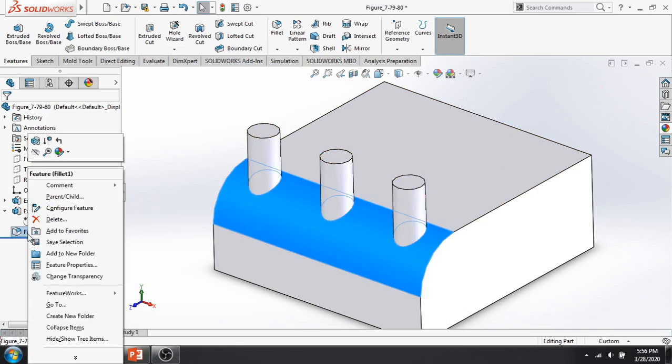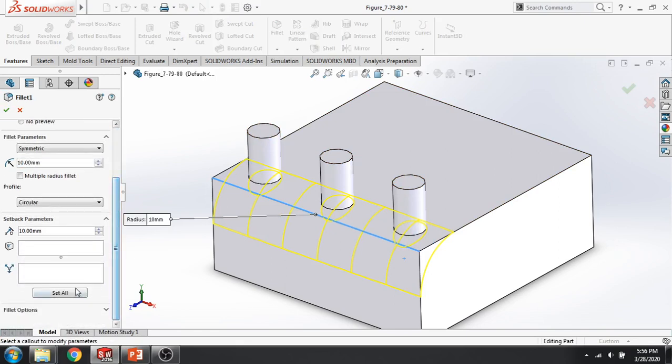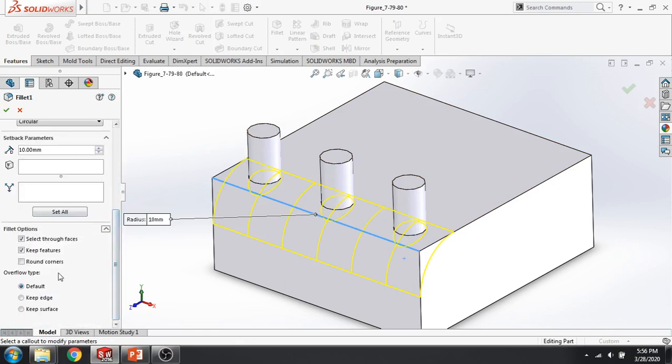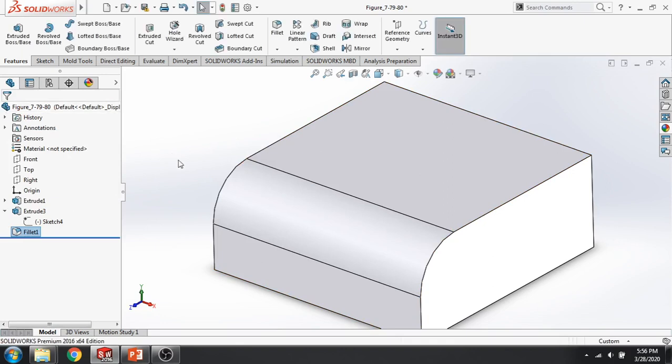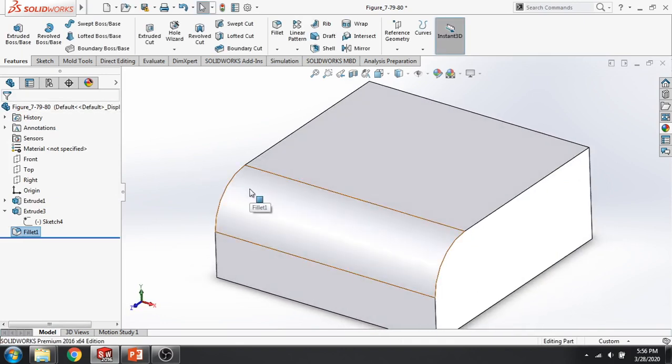The features have remained there. So if I just want to delete them, or remove them, there is an option called keep feature. So I'll just untick this button, then it will remove these features like this. So it's going to remove the features which are in the areas of the fillet,